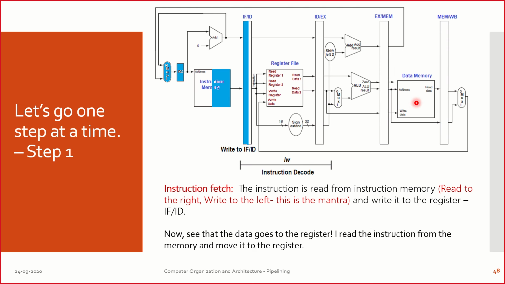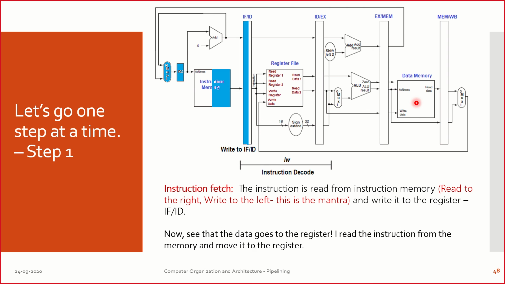In this entire teaching that we are making, a read always happens to the right. If I have to read, I need to read from the right hand side portion, which means I need to highlight the right side portion of the memory. That is an intimation saying that I am reading. But when you write into a memory, you need to always write into the left portion of the memory, which means you need to shade the left hand side portion, intimating that I am writing into it. Got it, all of you? I hope you remember it and you will understand that.